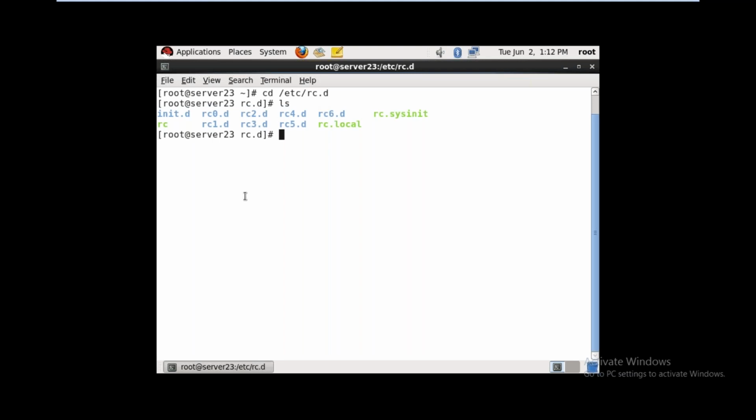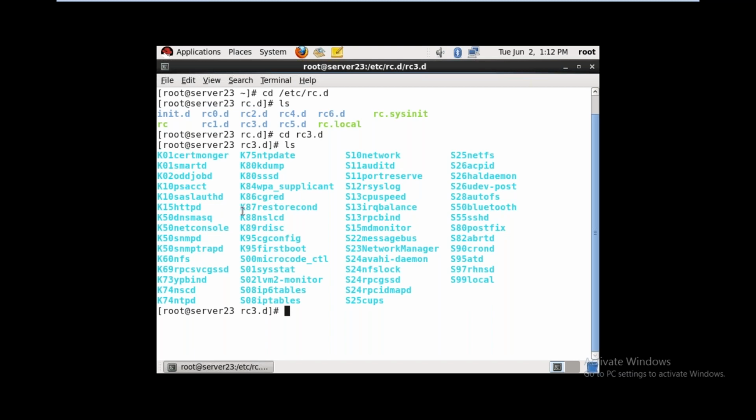Now I want to check the run control script files of run level 3. Go to cd space rc3.d. Whichever run level's files you want to check, go to the particular directory and give the command ls; it shows the files. These are the script files. Files starting with capital K are killing scripts. Files starting with capital S are startup scripts.